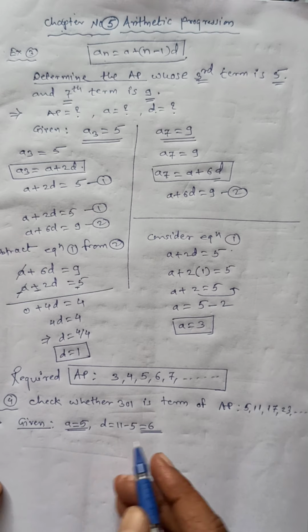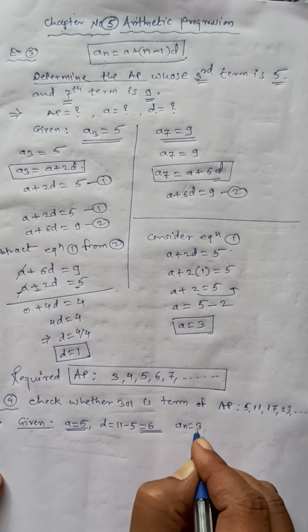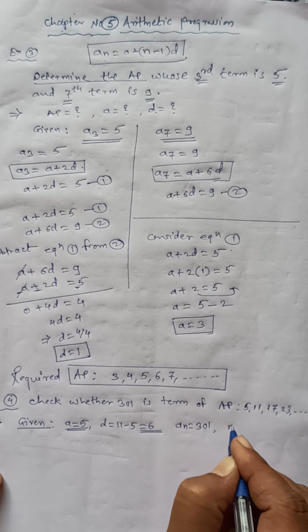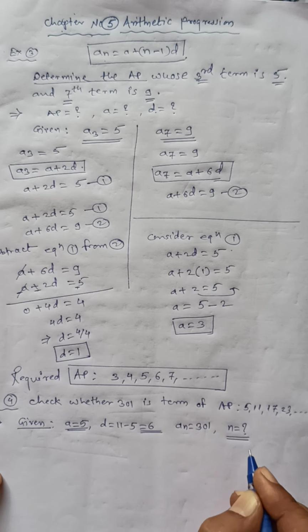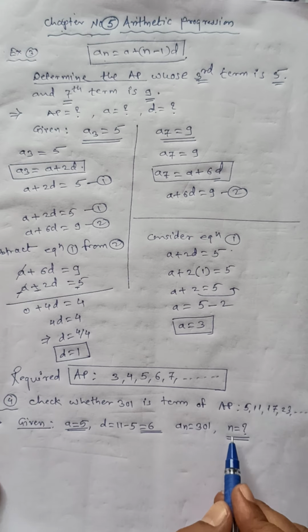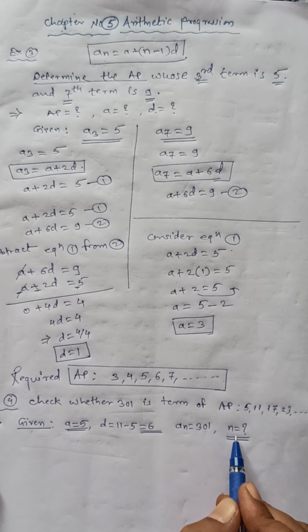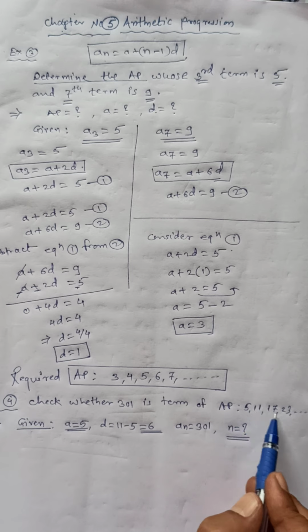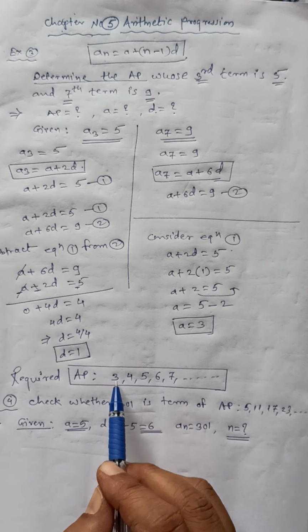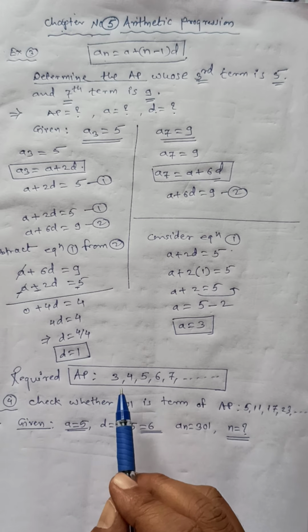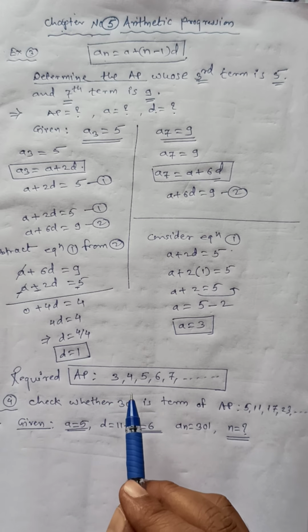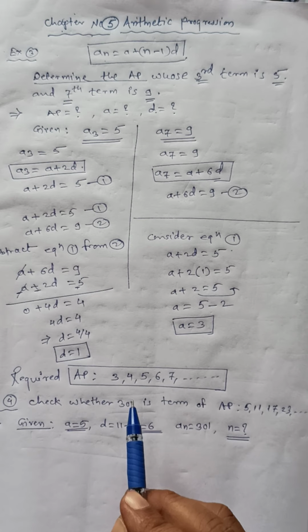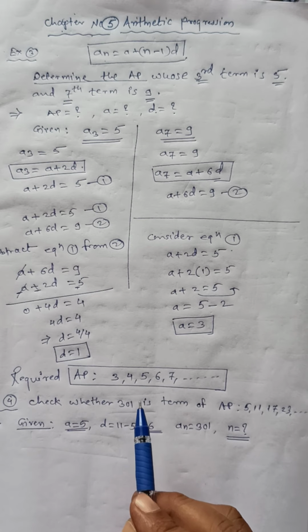So an is also given, an is equal to 301, and we have to find the value of n. We must check which value comes for the variable n, because the value of n must be a positive integer. Why a positive integer? The value of n is the number of terms. So we can say this AP contains 4 terms, 5 terms, 3 terms, 2 terms, 1 term. Can we say that the AP contains 0 terms? Yes, if there is no term, we can say 0 terms.